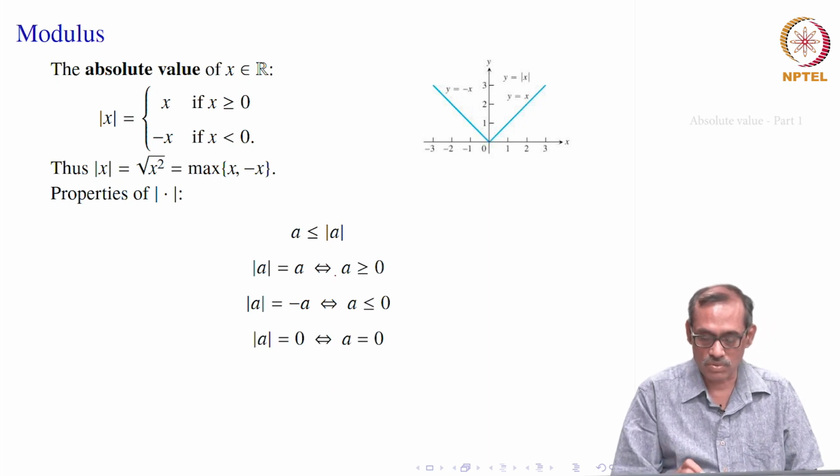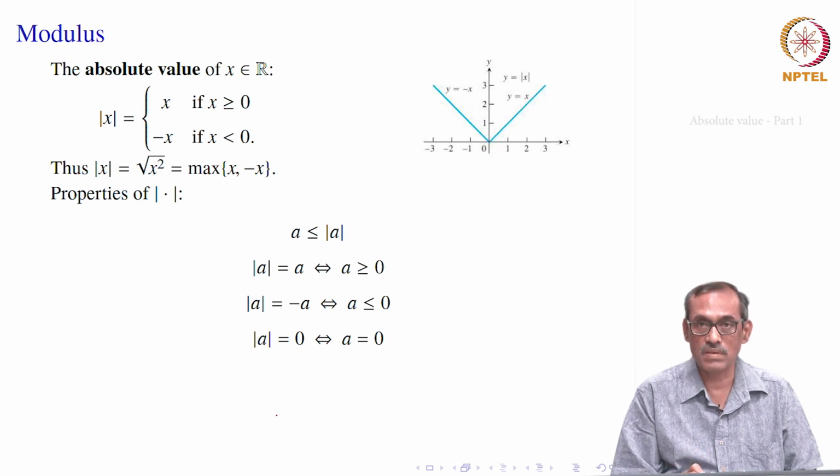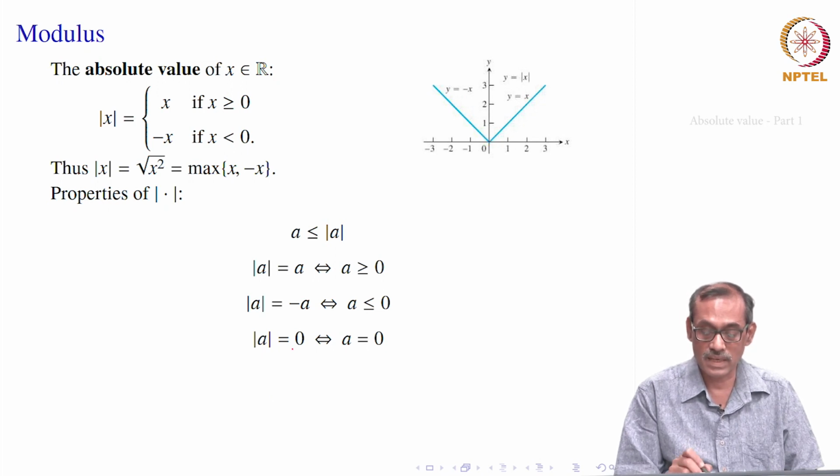Next, by using these two, you see that whenever A equal to 0, its mod is equal to 0, from the definition it follows. But the other side, suppose mod A equal to 0, we have to show that A has to be equal to 0, A cannot be anything else. Okay, let us see if mod A equal to 0 is given. Now, this mod A can be either A or minus A, and in either case it is 0. So, that means A is 0 or minus A is 0, in any case A must be equal to 0.